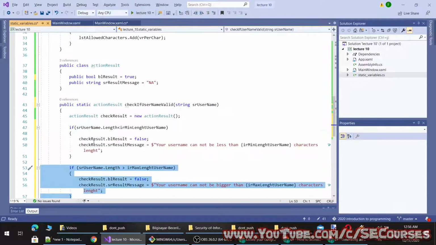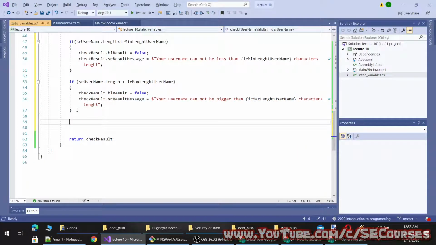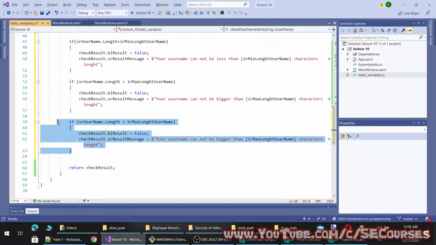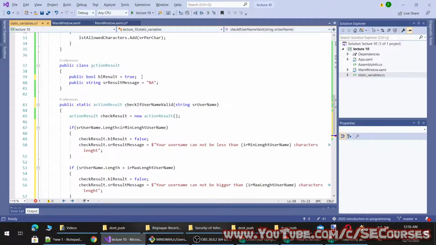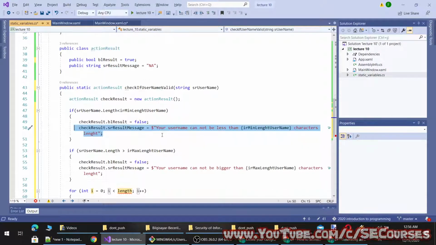And another check is the characters. This time it will be a for each. You see, I have made it by default true, and if it fails at one check, it will become false.